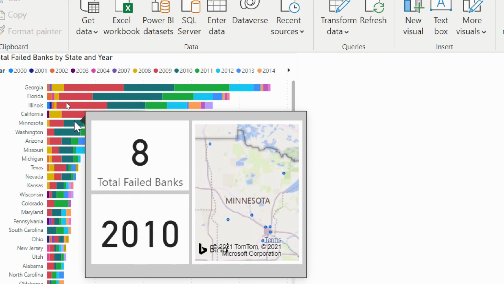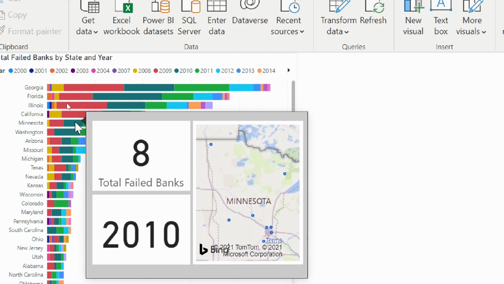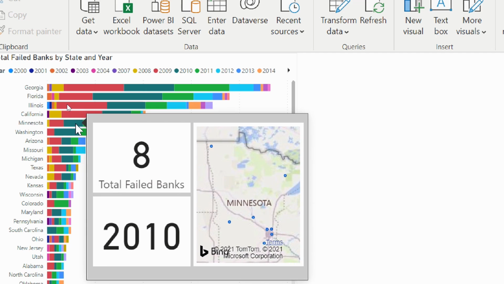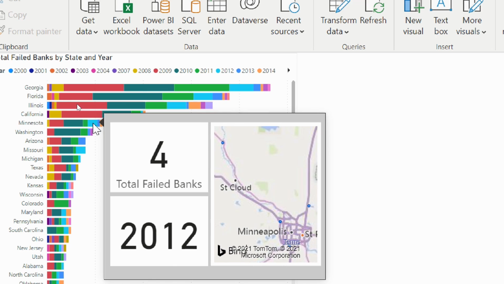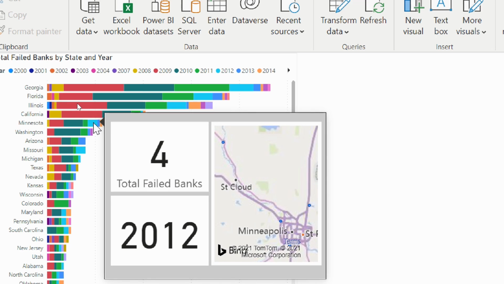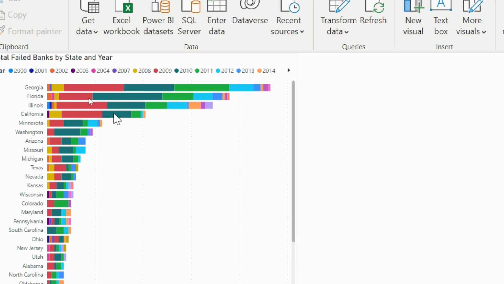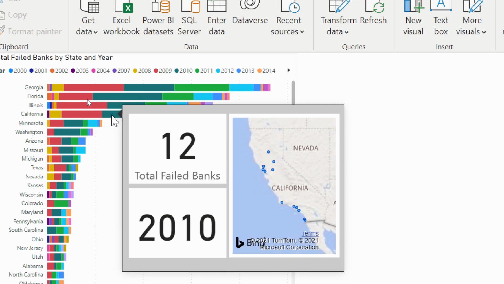So notice that minimum, right? The minimum of the year 2010. So what it's doing is it's looking in this section and it's finding the minimum year from within that section, which is in this case 2012, represented by the legend. So this is only going to work if we have our bar chart broken up in different segments by year,